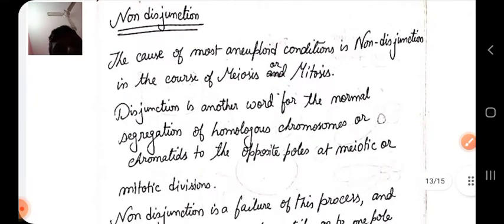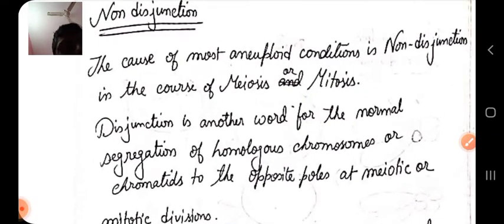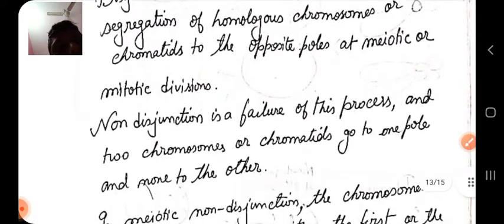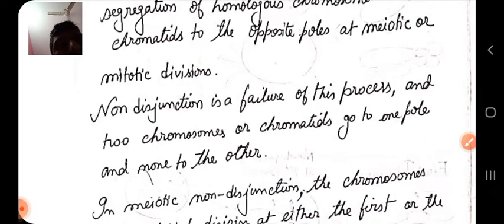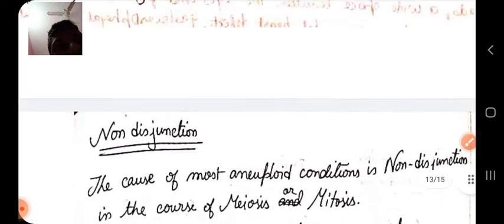The last is your non-disjunction. I have told you that all this aneuploidy occurs due to non-disjunction. What is non-disjunction? First, let me discuss disjunction. Disjunction is another word for normal segregation of homologous chromosomes or chromatids to the opposite poles at meiosis or meiotic division. But non-disjunction is the failure of this process, and two chromosomes or chromatids may go to the one pole and not to the other. In a simple diagram,